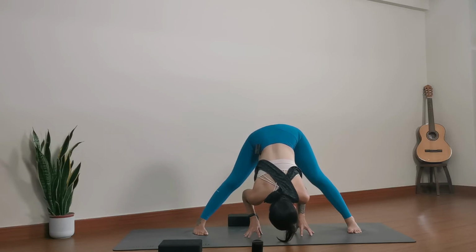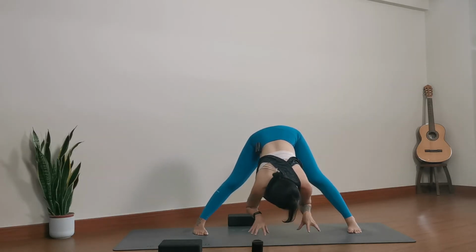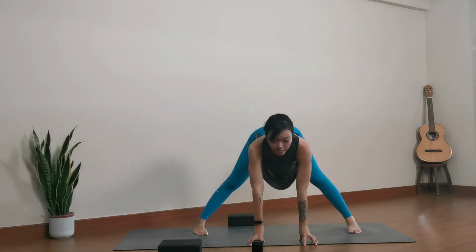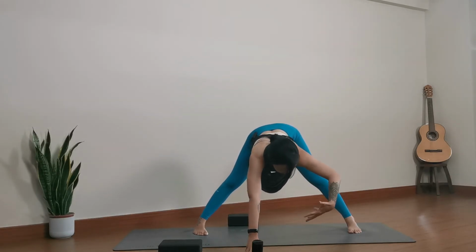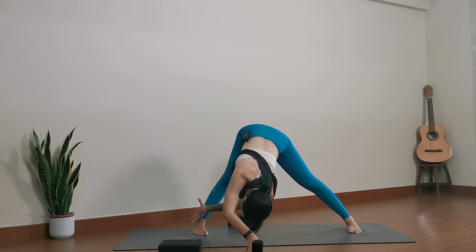Breath of 1. Breath of 2. One more deep breath, inhale. Exhale. Now from here, crawl your fingers slightly forward, lift your chest, you're in a halfway forward fold. Now walk your right fingers all the way forward, only the right fingers. Left hand is going to thread the needle underneath the right armpit, grab hold of your right ankle, coming into